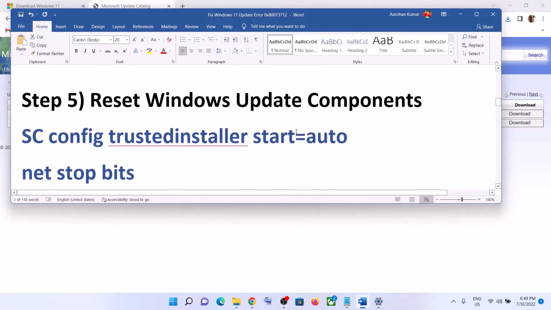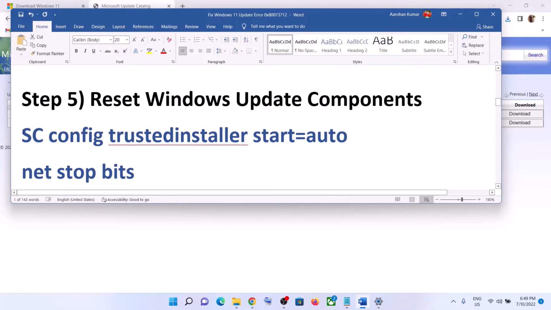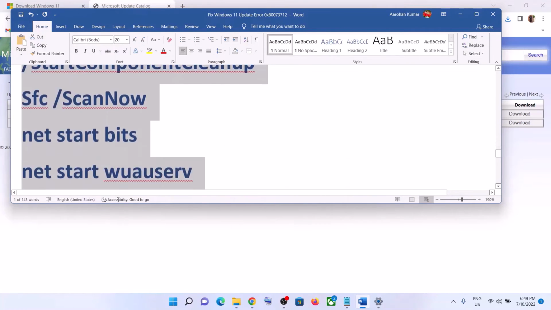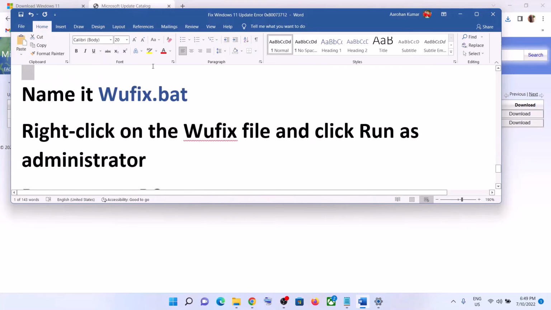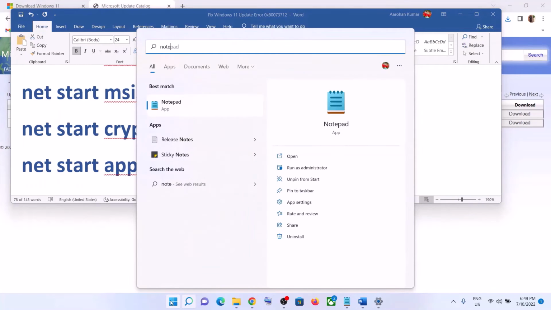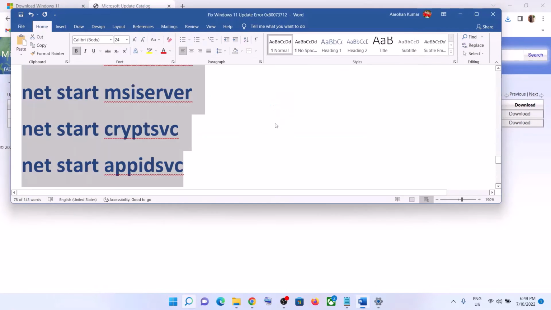In that case, you can reset Windows Update components. For this, copy all these commands. These commands are provided in the video description. So copy till here and then open Notepad on your computer and then paste all the